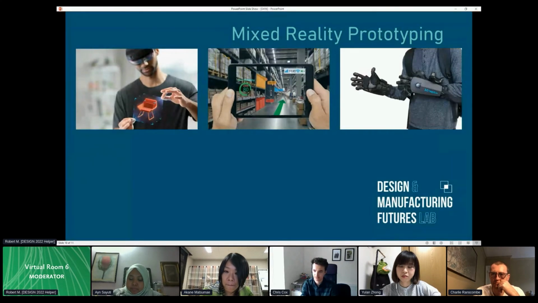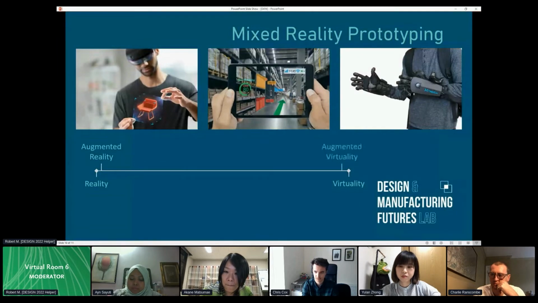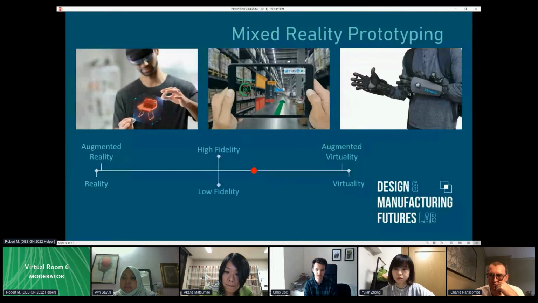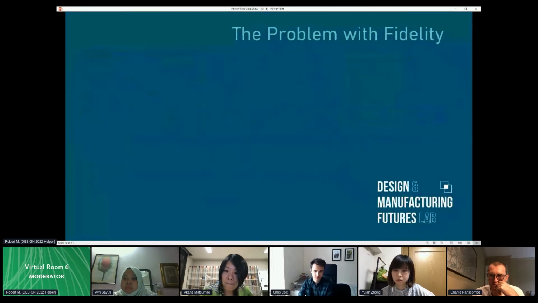However, mixed reality covers a broad spectrum, from augmented reality to augmented virtuality, as described by Milgram and Kishino. Identifying where along this continuum to locate a prototype is not a trivial task and will depend on the purpose and form of that prototype. Another key decision that must be made before creating a prototype is what level of fidelity is required. Fidelity is often quoted on a simple scale of low to high.